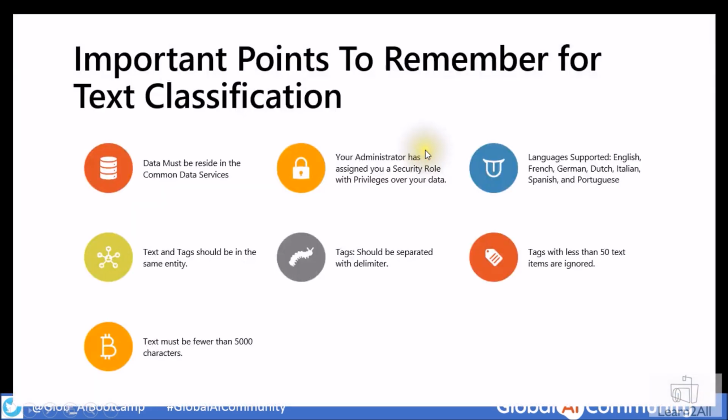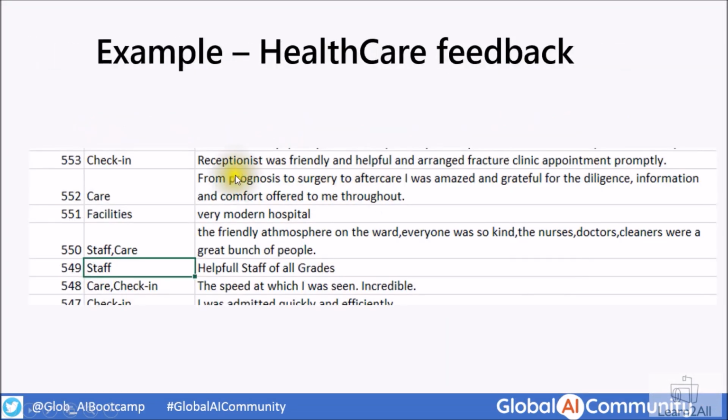Now tags with fewer than 50 items are ignored. Let me explain. Suppose in your entire spreadsheet you have a tag related to care, then you should have at least 50 feedback items for care to train the model properly. Otherwise it will ignore that tag.